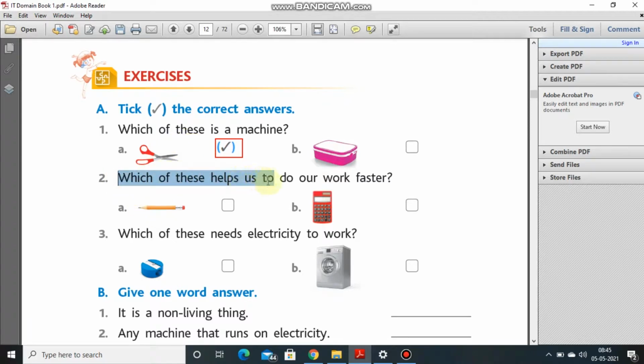Which of these helps us to do our work faster? As you know, using a pencil will take time. Yes or no? It will take time. But if you are using a calculator, which is a machine, the calculator helps us to calculate, add, and subtract fast. So a calculator is used to work faster. A pencil will work, but it will require more time. But a calculator works more